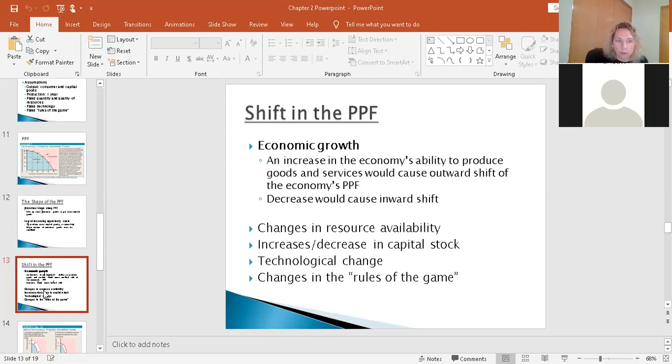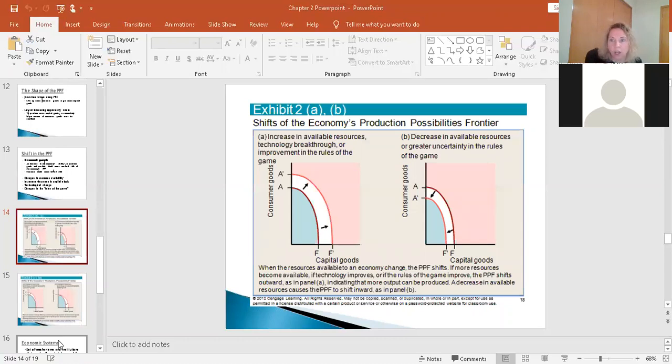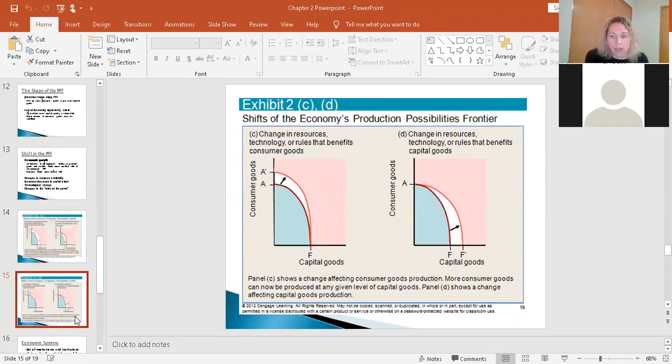All right, so let's look at some examples of shifts here. This is simply just the visual representation of what we just talked about, okay? So here you see the PPF shifting upward and outward, which is what we typically do see here in the US, and the different reasons above it why we might see that happen. Decrease, second graph, right? Again, it's just the visual of what you and I already talked about. But here's the interesting thing. This is just really a segue to the next slide. And the next slide is